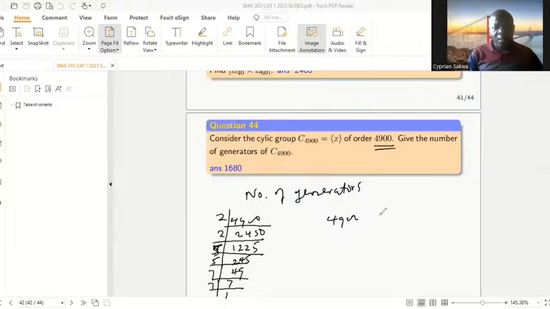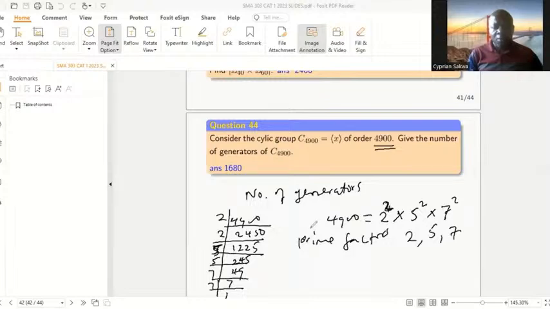So 4900 can be written as 2 raised to 4, or 2 raised to 2, times 5 raised to 2, times 7 raised to 2. So the prime factors of this are just 2, 5, 7. So how do we get the number of generators there? Number of generators